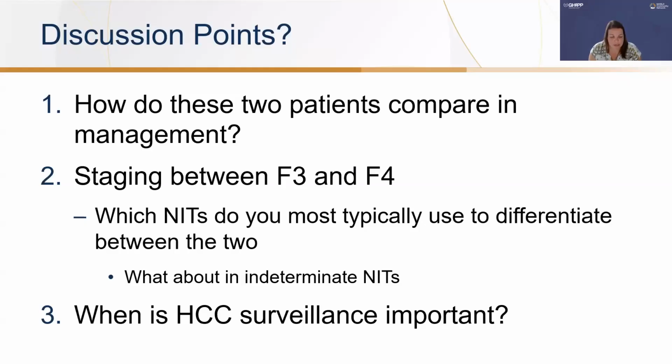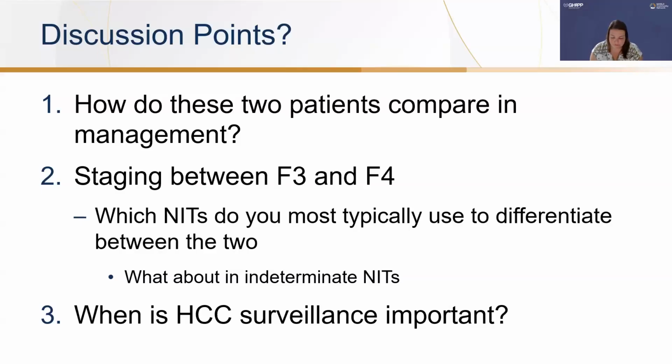So how do these two patients compare in management? So we talked about them kind of separately. Both patients should get diet and lifestyle intervention, optimization of their metabolic risks, such as diabetes, hyperlipidemia, hypertension, obesity. Both patients should be started on every 6-month right upper quadrant ultrasounds to screen for HCC. The difference here is that the patient with F3 is a candidate for Resmetirom, which can help decrease fibrosis level and decrease fat in the liver and hopefully halt their liver disease progression so that they do not advance to more